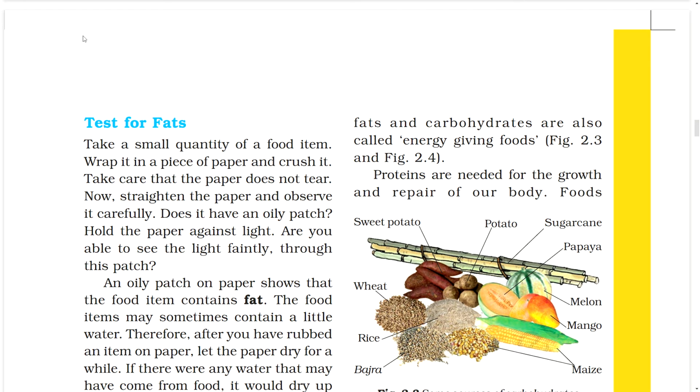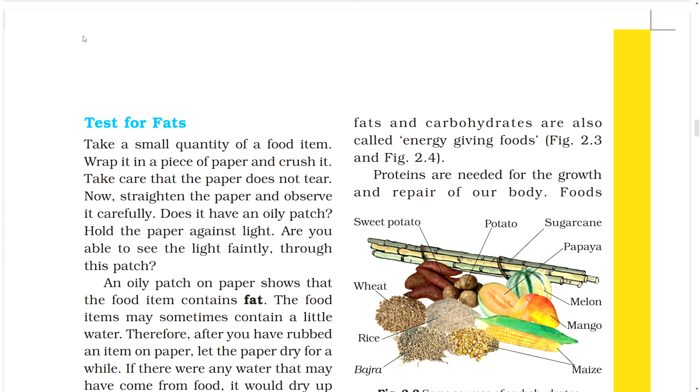Hold the paper against light. Are you able to see the light faintly through this patch? An oily patch on paper shows that the food item contains fat. The food items may sometimes contain a little water. Therefore, after you have rubbed an item on paper,